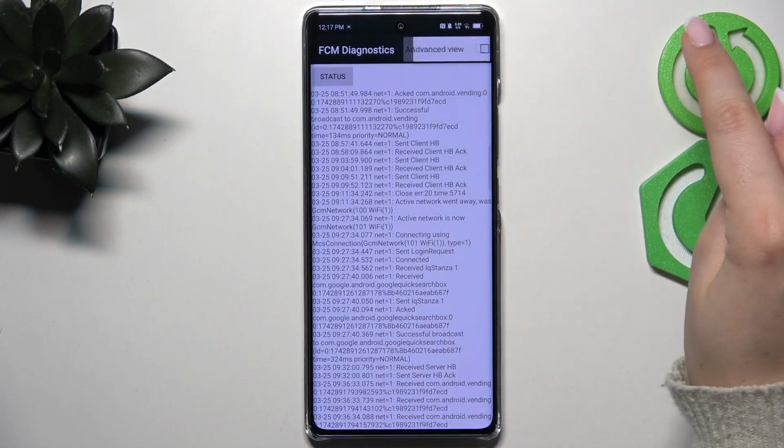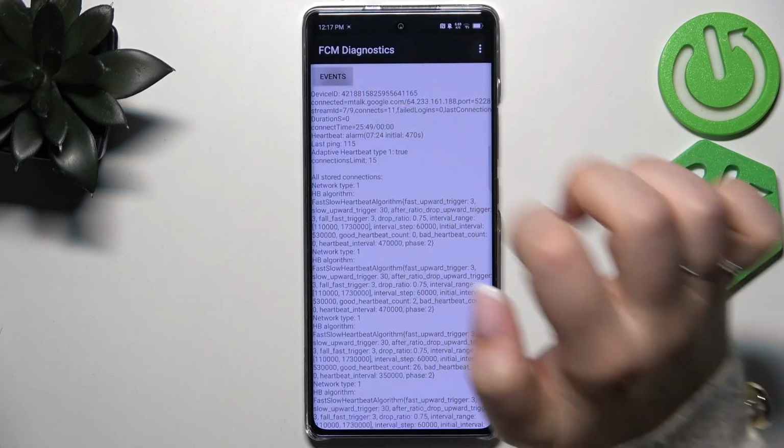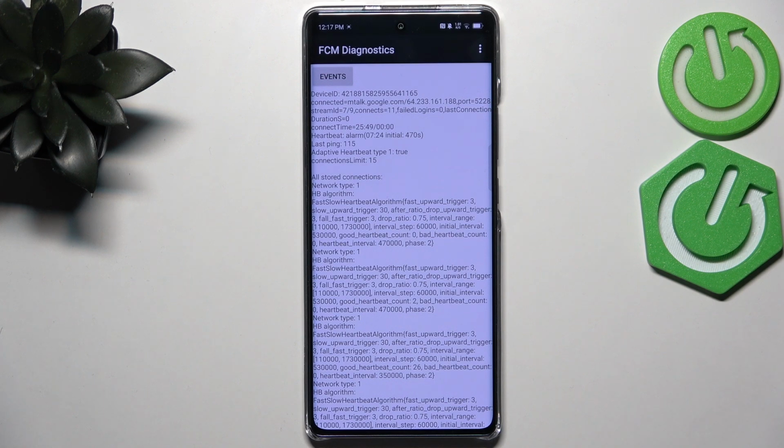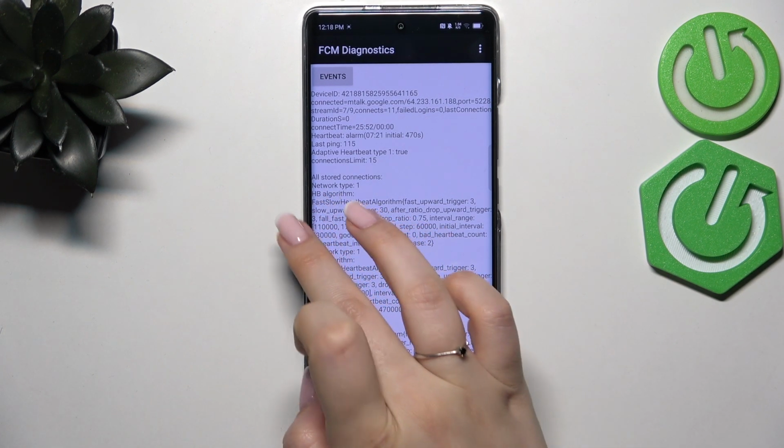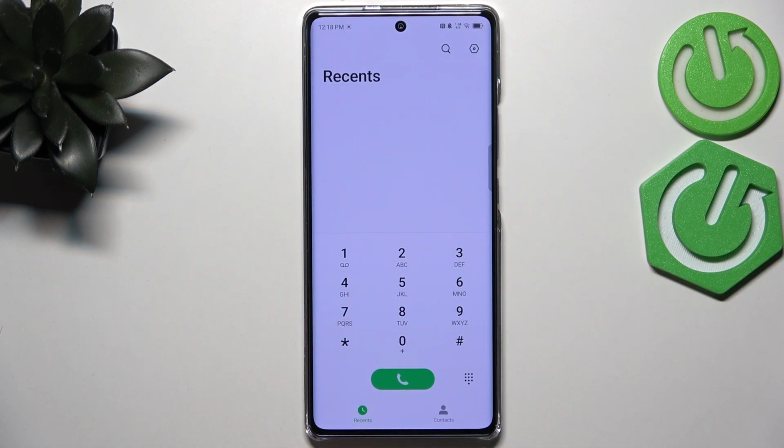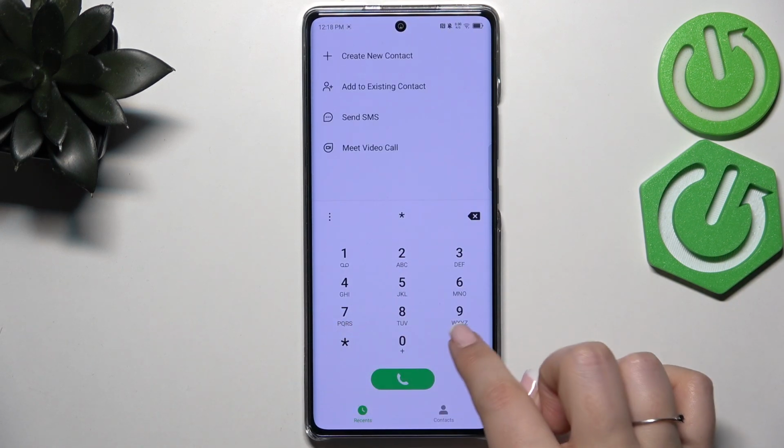After tapping on the three dots icon, you can show advanced view. Just tap on it and tap on the status again, and as you can see, we've got much more information. So for example, the heartbeat, last beat, or HB algorithm. Let's go back and let me show you the last code, which is